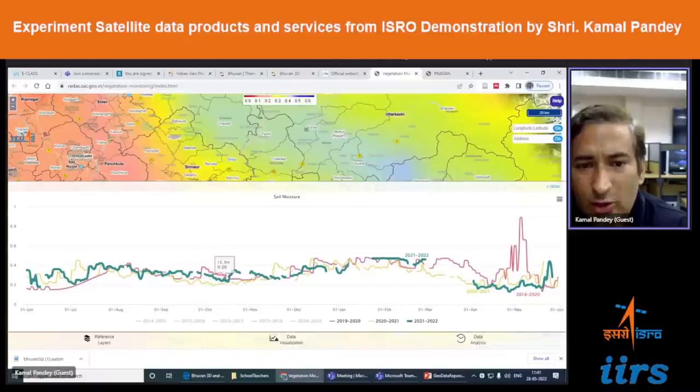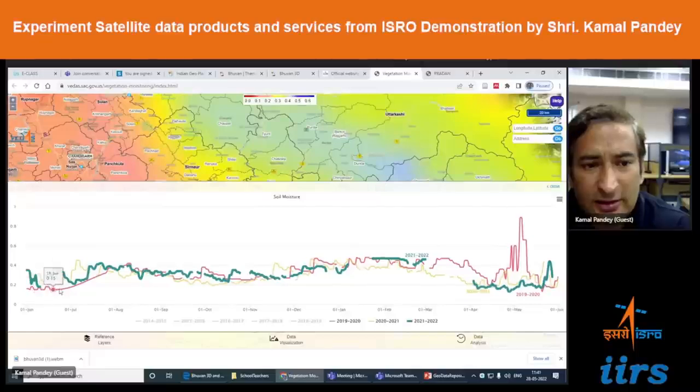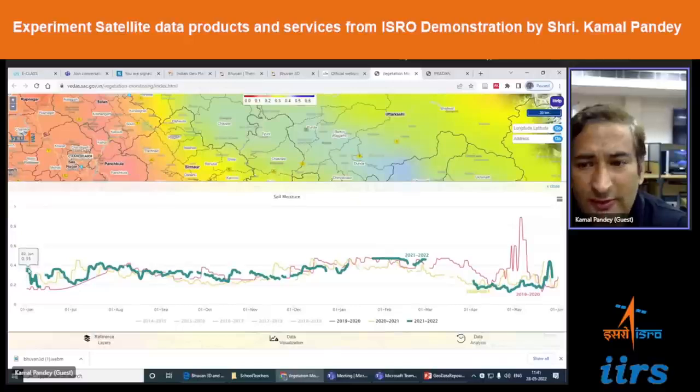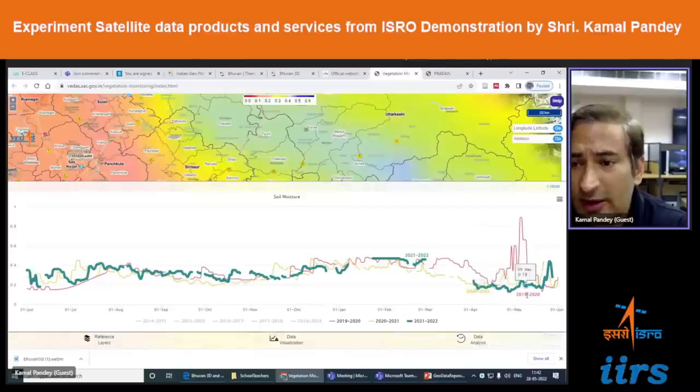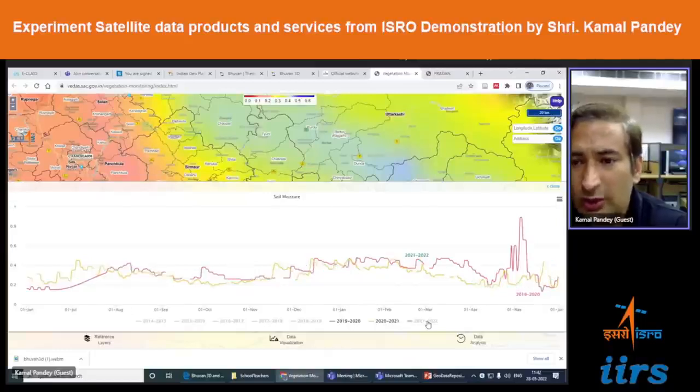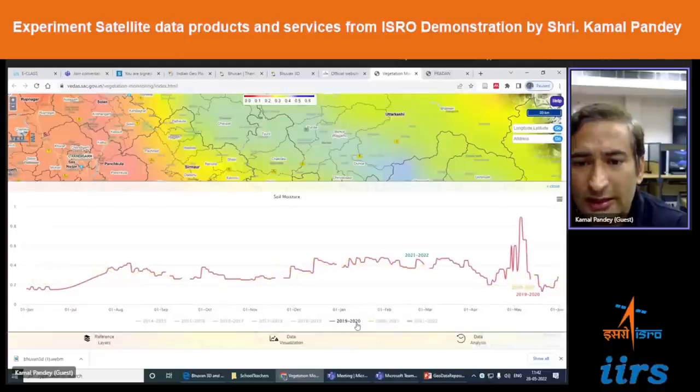If you bring your mouse cursor over there, then you will come to know what are those values at each and every point. This was the soil moisture value, green is for 2021, whereas the red one is for 2022, and this yellow is 2020 and 2021, and 2019 and 2020. So all these data graphs are there, and you can switch off these graphs as well. I don't want to see 21, 22. I want to see only 19 and 20. Just click on top of it and it will show you